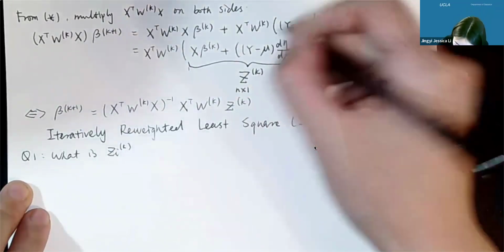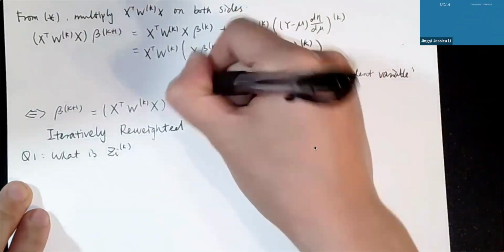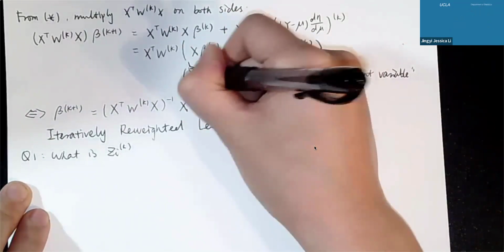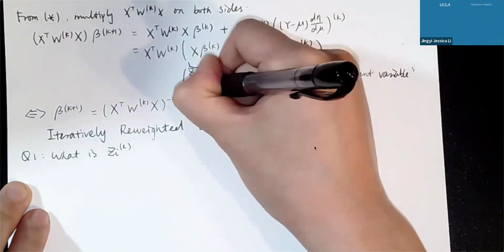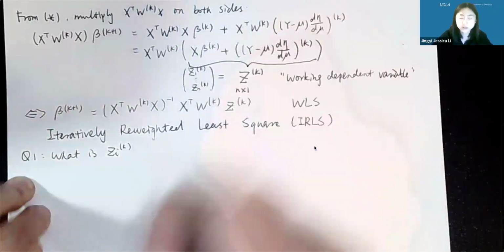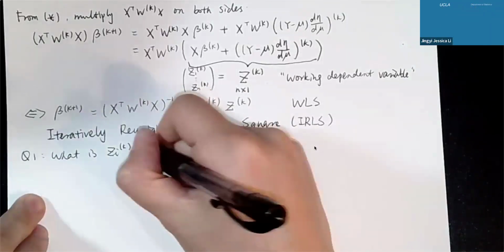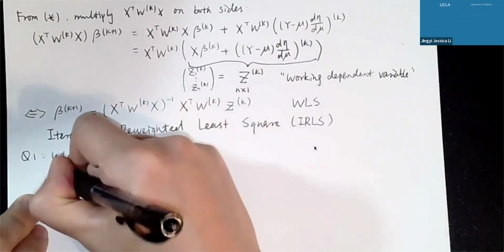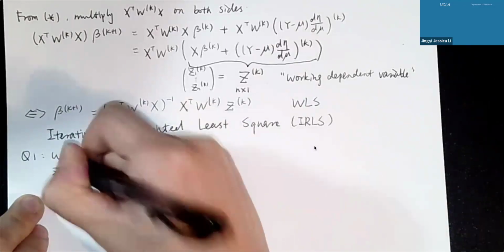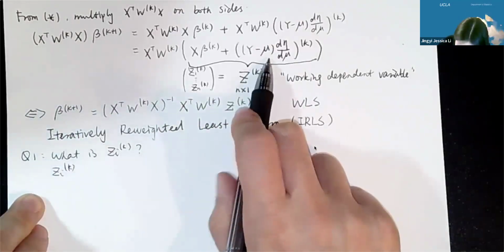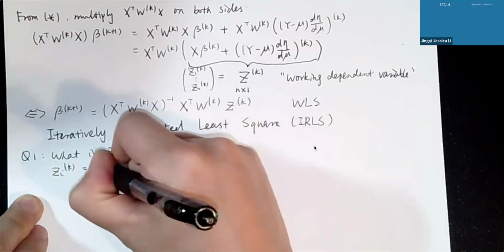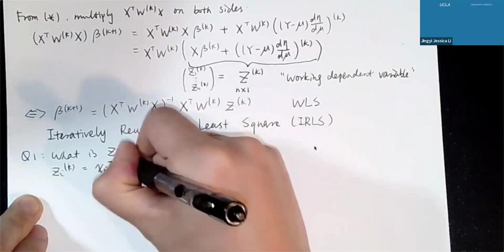So we can expand it as z_1^k to z_n^k, corresponding to y_1 to y_n. And we know that this z_i^k, by our definition, is x_i transpose times beta^k